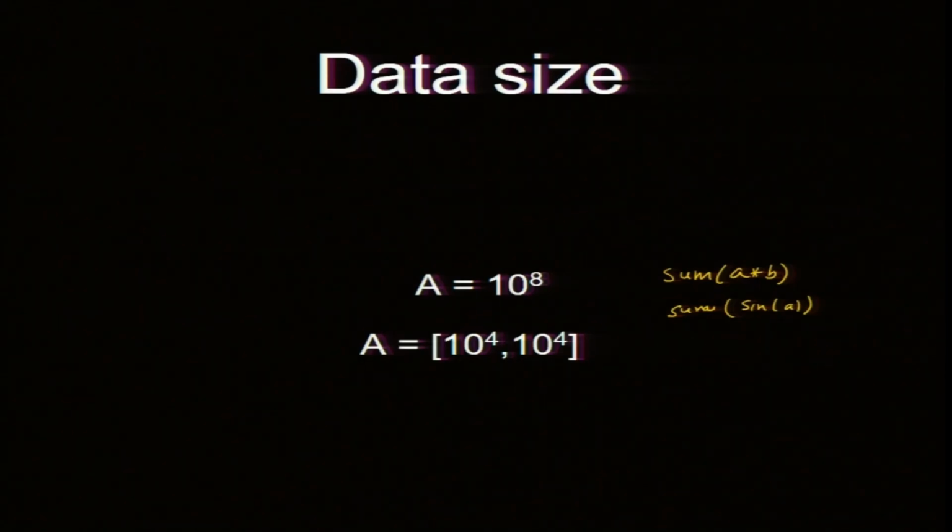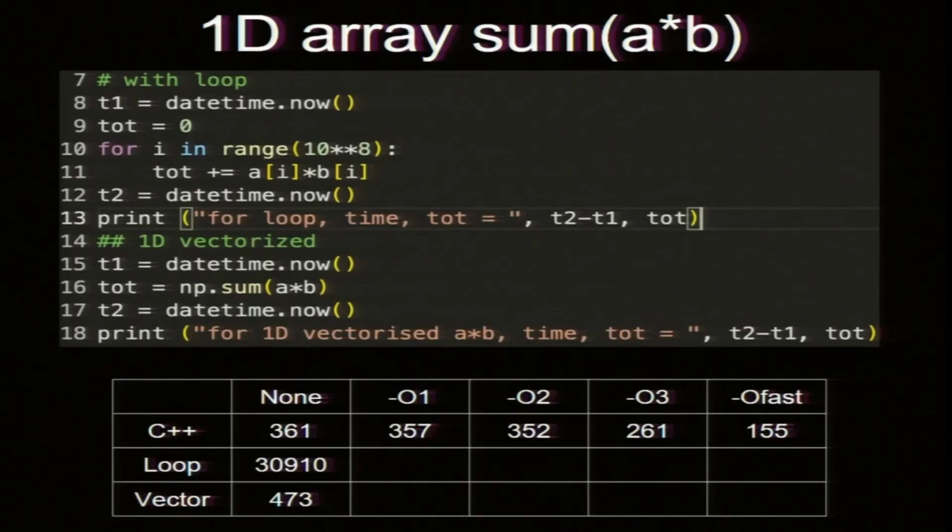There are some strategies you can always use. Maybe your new code has some error, so just use something which gives you the same number. I am happy the code is at least working. So, these are two operations we are going to do for both 1D and 2D in Python now and later in C++. The code I want to do is this, please remember, sum A star B.